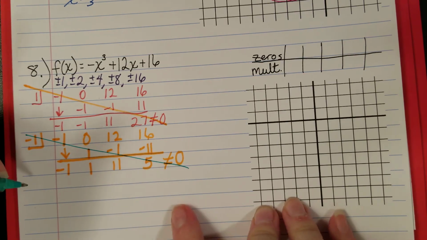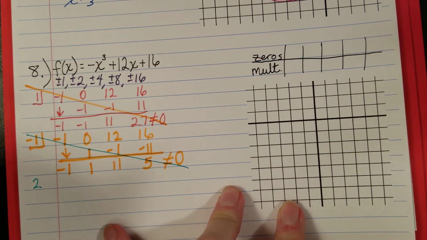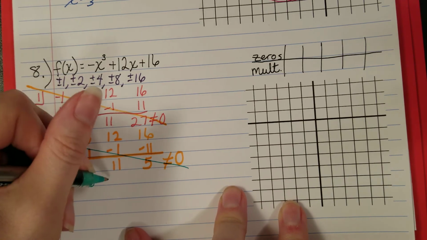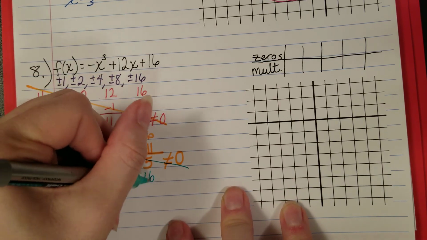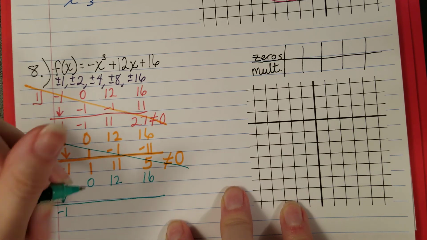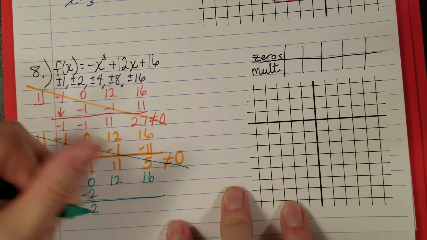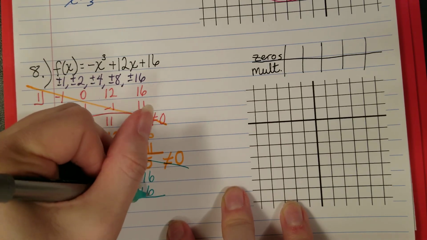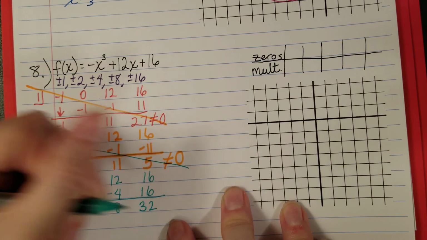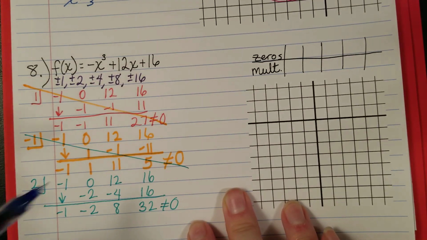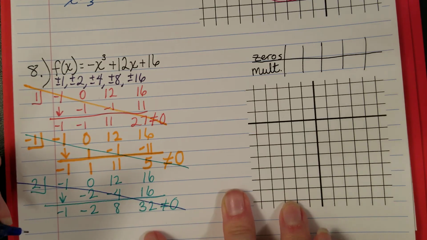So next I will put +2 in the box. -1, 0, 12, 16. -1, -2, -2, -4, 8, +16, +32, which doesn't equal 0. So that didn't work. So next I'm going to put